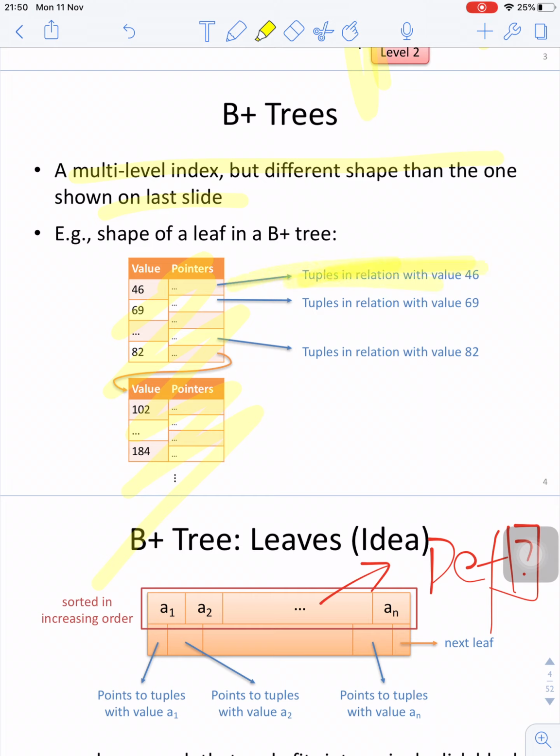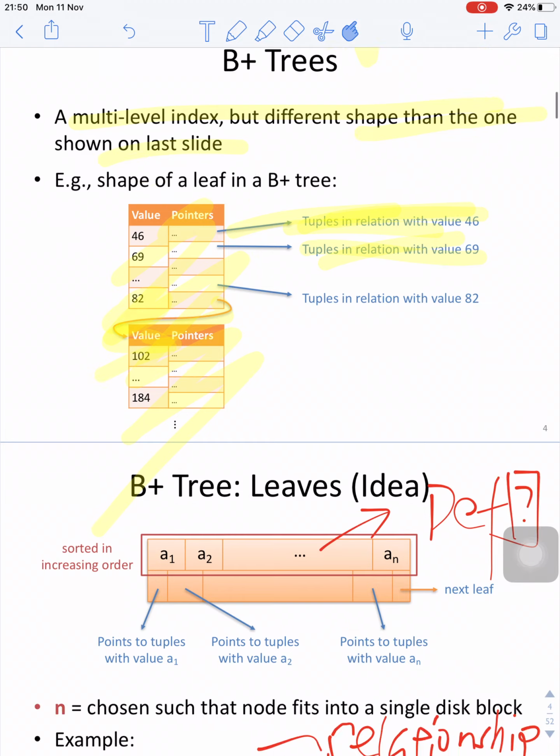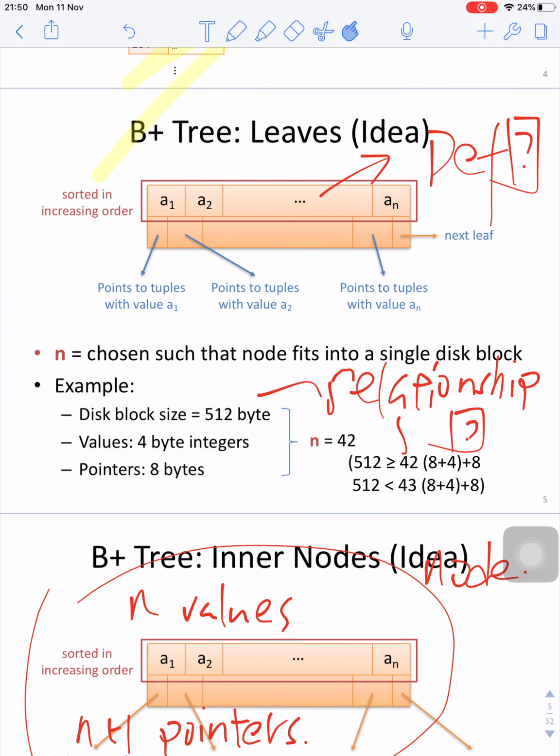This is the pointer pointing to the tuples in the relation with value 46, and then this one points to the ones that are greater than 82. And then the B+tree has the leaves, where we have the values stored in order. The rest of it points to tuples with value A1, and with A2, and this one with AN. And the disk block is